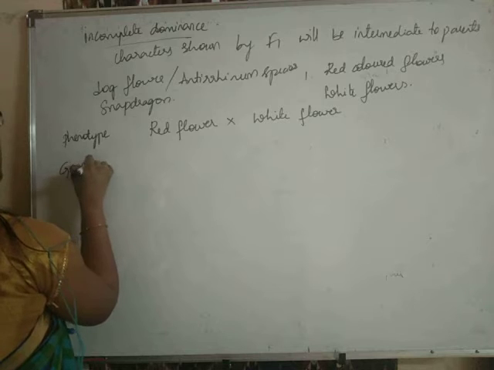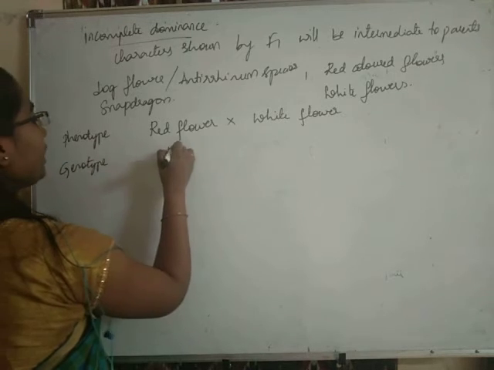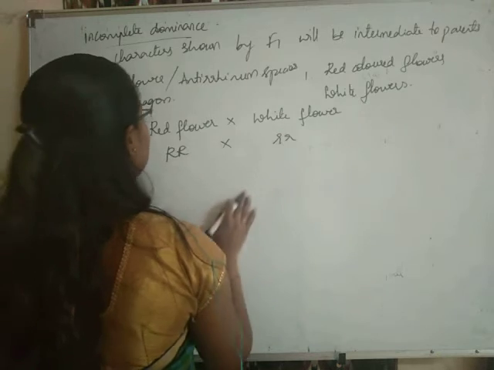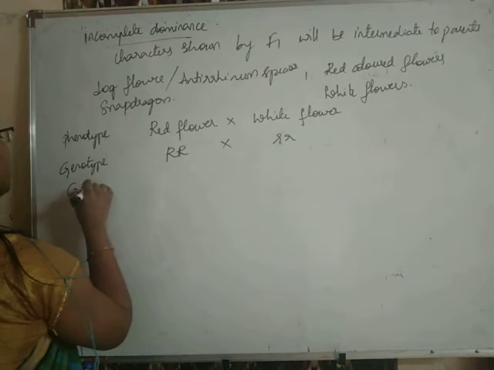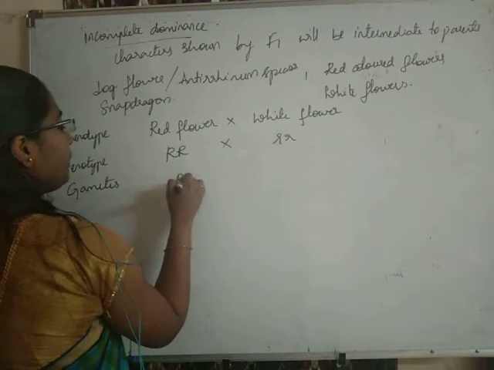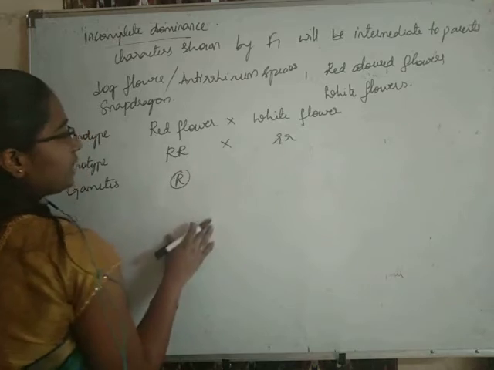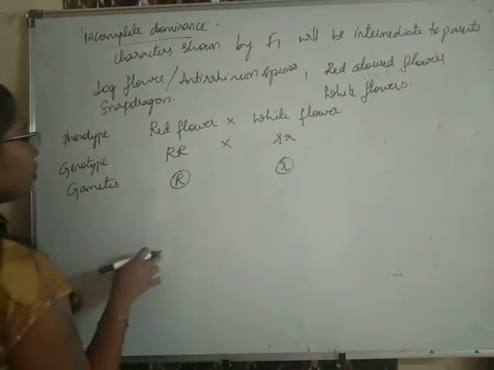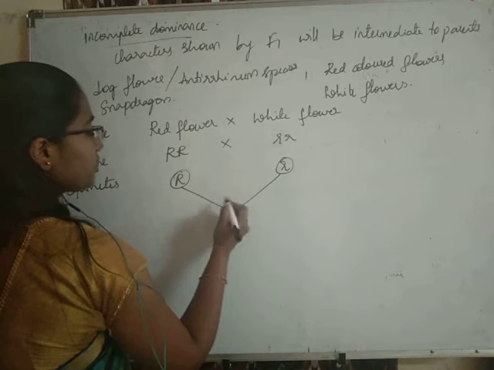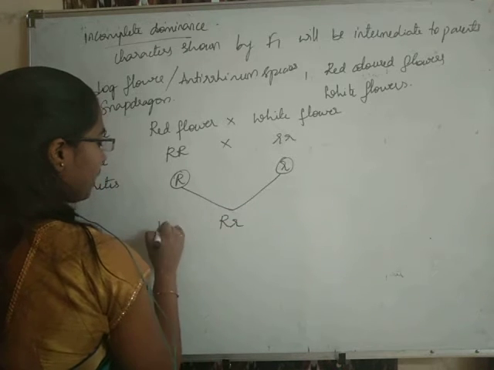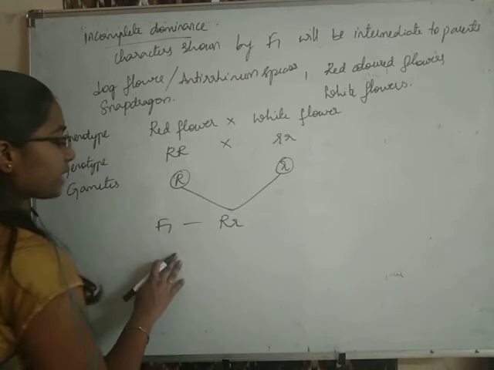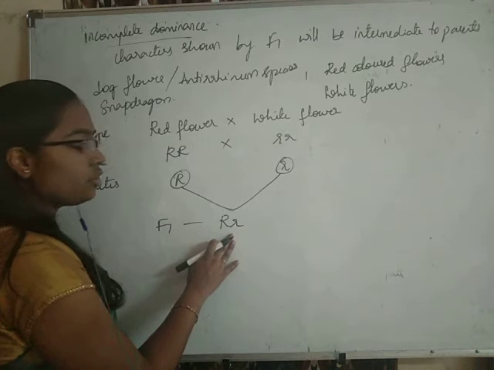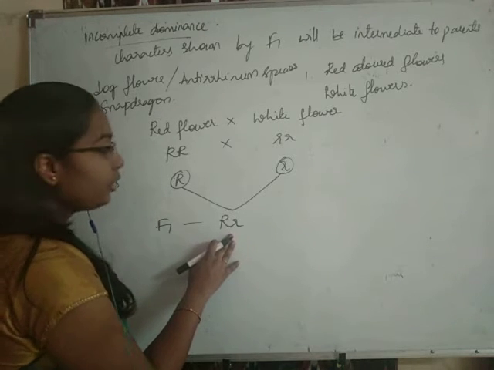Assuming their genotype to be capital R for the red and small r for the white, the gametes would be capital R, because both the factors are same, and small r here, because both the factors are same here also. So now the F1 individuals possessed capital R small r, and in this case the F1 individuals were found to be